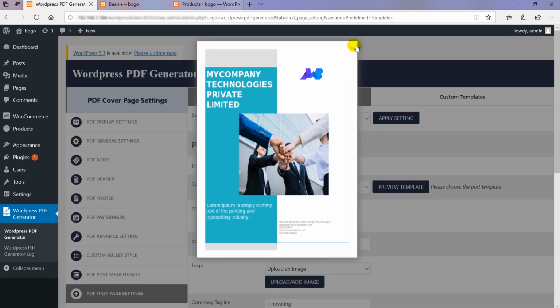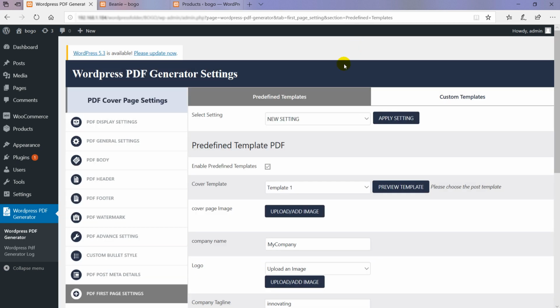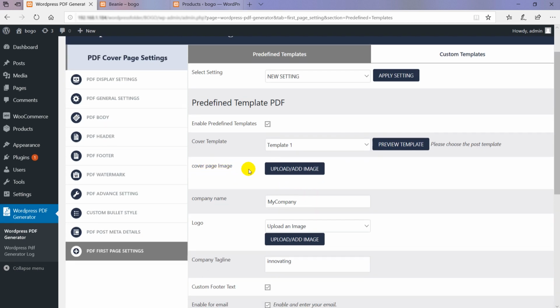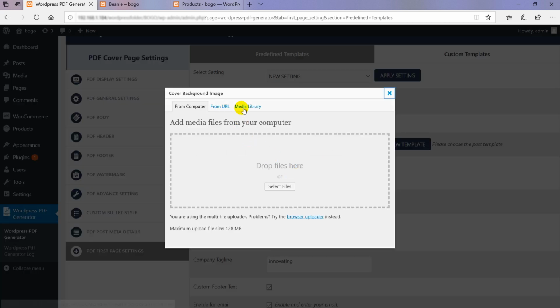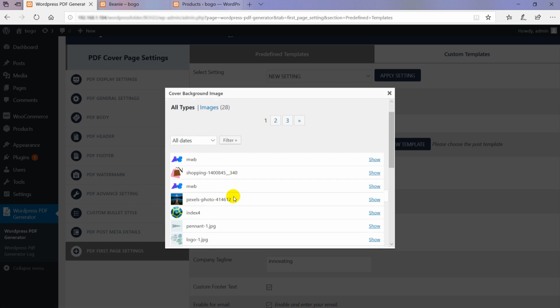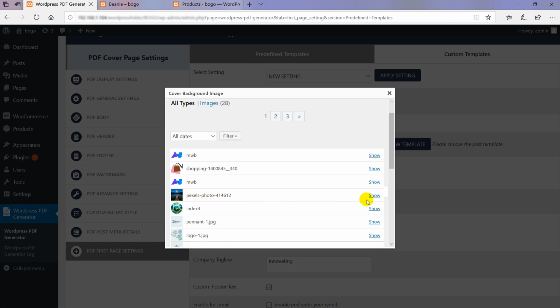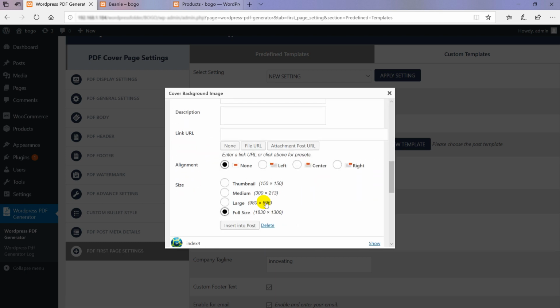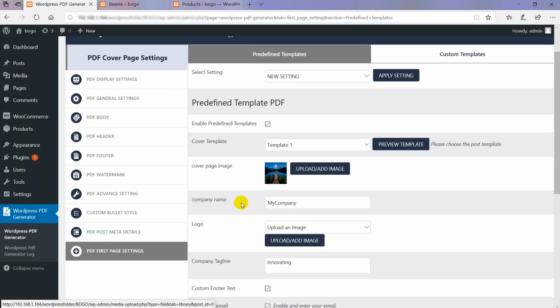This is the preview for the template 1, and over here you can see this is the company name, this is the logo, this is the cover image, and this is the tagline and all the email contact details. And now you can make the changes to all of these elements very easily. Let me show you how. So guys, this is the cover image and you can upload your own cover image. So let me show you by doing the same. I am selecting this image and now I will be uploading it by clicking on insert into post. So the image has been uploaded, as you can see.